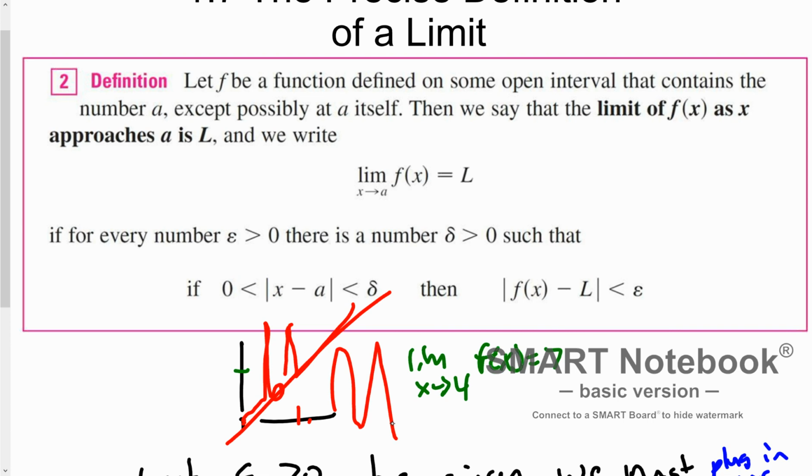But because you're zoomed so far out that you can't tell, you just see a straight line, because maybe this is like 4.000000001. Something's doing something different right there. You're really, really, really close to 4, but not quite at 4. Maybe it's doing something funky here. So that's why we need more of a precise definition that says, okay, as long as I can get,